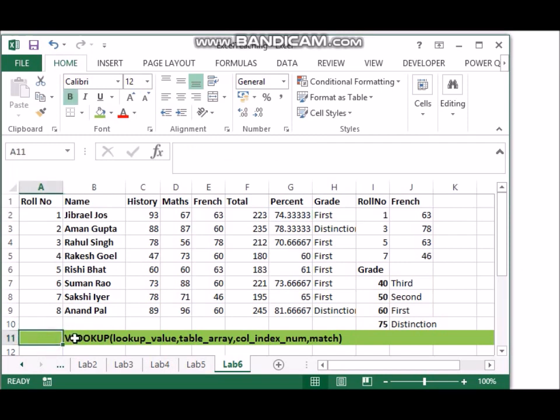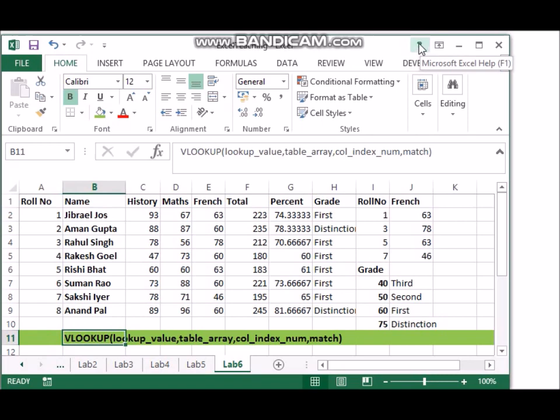And below here the syntax is given. You could use the help by clicking on this question mark sign and then searching for VLOOKUP's help. It gives you a good idea of what other scenarios we can use VLOOKUP for. I have shown you 2 cases where we were merging something or we were calculating the grade.